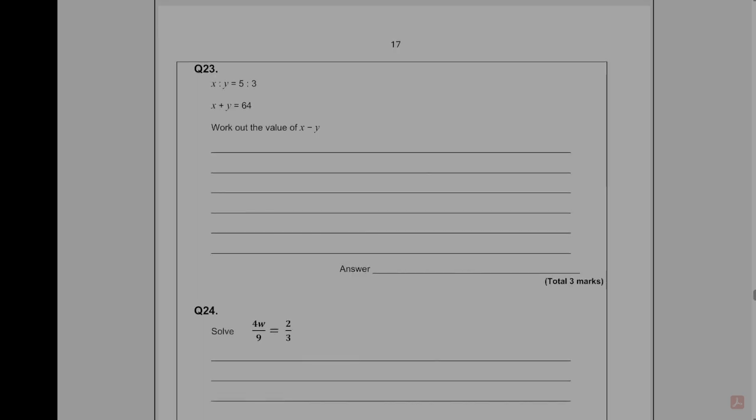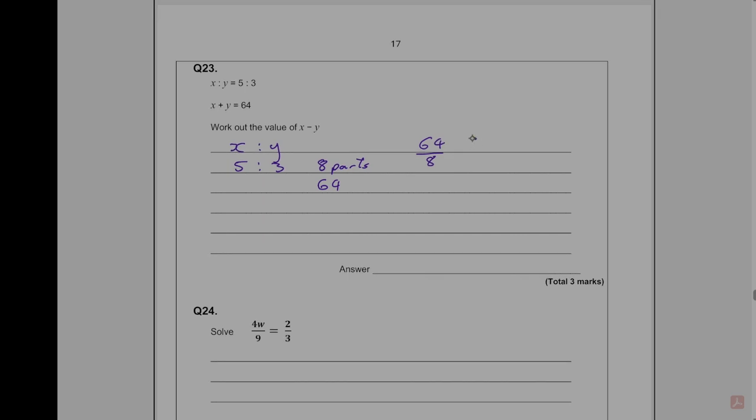Okay, question 23. x to y is in the ratio of 5 to 3, x plus y is equal to 64. Work out the value of x minus y. So if we've got x to y in a ratio of 5 to 3, that means that we've got 8 parts to our ratio, and the sum of our parts is 64, which means that each part must be worth 64 divided by 8. So each part must be worth 8,